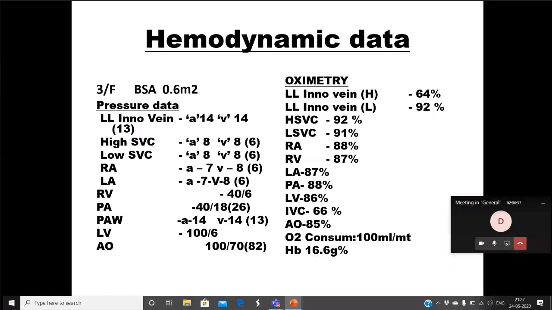The left atrial pressure is given. It is A7. Sorry. Yeah, 6. So is there a gradient across the mitral valve? No, sir. Then why are you saying that there is obstruction in the mitral valve? Sorry. There's no obstruction. Sorry, sir. Then why is the PA wedge elevated? Why is the PA wedge elevated? Is there an obstruction between the pulmonary vein and the left atrium? PA wedge is 13 mean. PA wedge is 13, yeah.